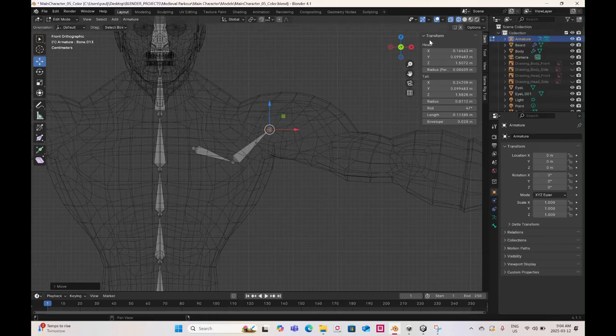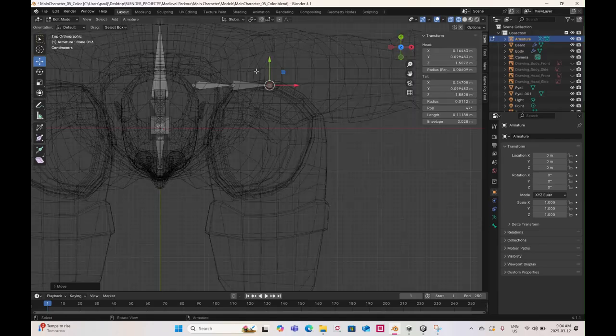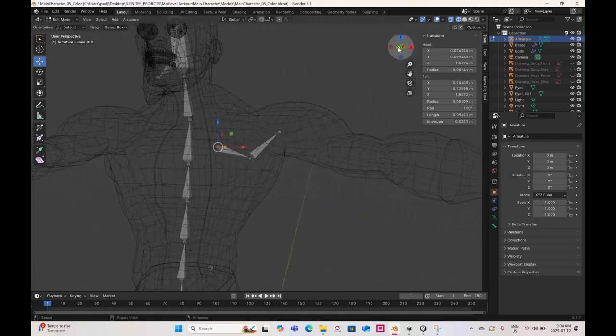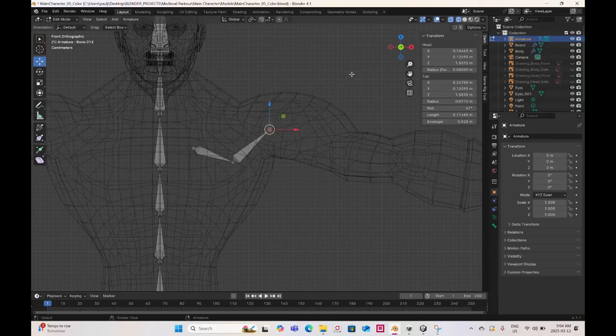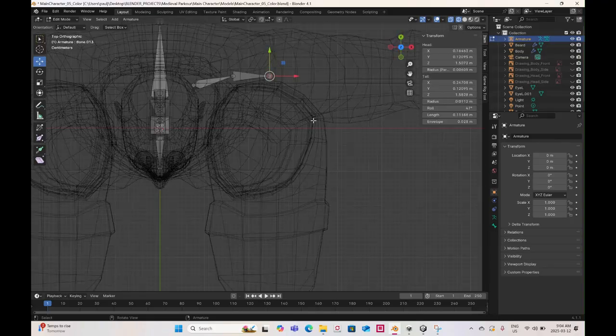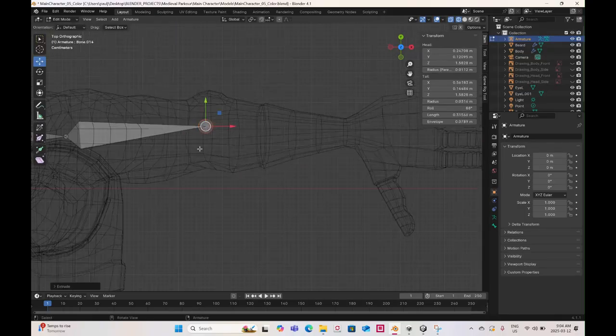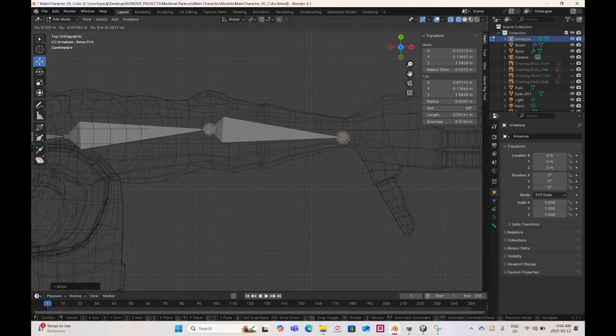Yeah, okay, I'm going to leave it out. So I'll just do the upper arm, the wrist,